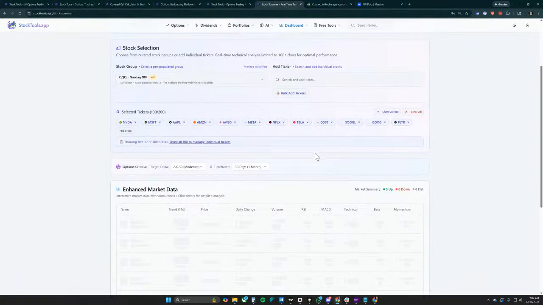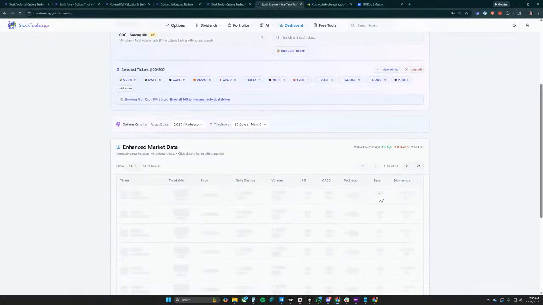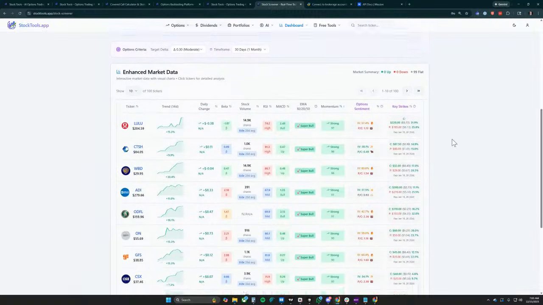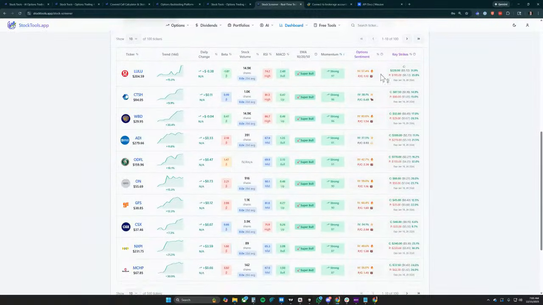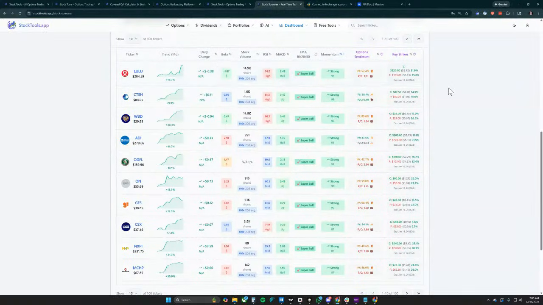It'll take a second, but so trying to put all of these metrics together to come up with a score. And then also on this side, I'm pulling in the options information as well, so you can just see it on the fly. So we're going through all the stocks in the QQQ right now. We're going through all 100, and then we're going to be able to rank them by their momentum, and then pull in contracts on the fly. So Lulu surprisingly is doing well. I thought they were doing really bad, but Lulu is the strongest buy right now in the whole QQQ.